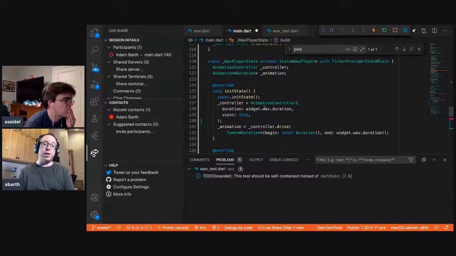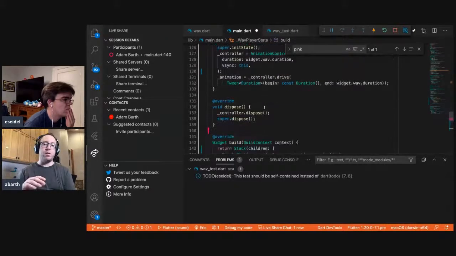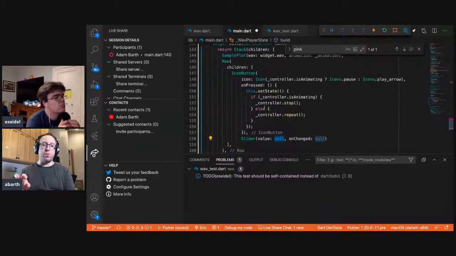Another thing we could do is make the sample plot API a little richer, put all the controls in there so it can animate them, and have it call back to the parent in a more abstract way and say, hey, I wanted to pause. Hey, I wanted to play. Hey, I wanted to set my animation to this. And then the parent could manipulate the controller with those as appropriate.